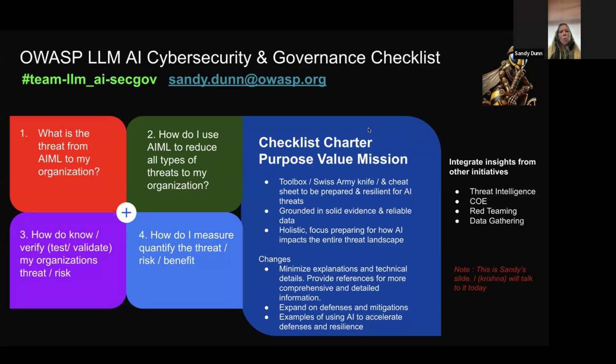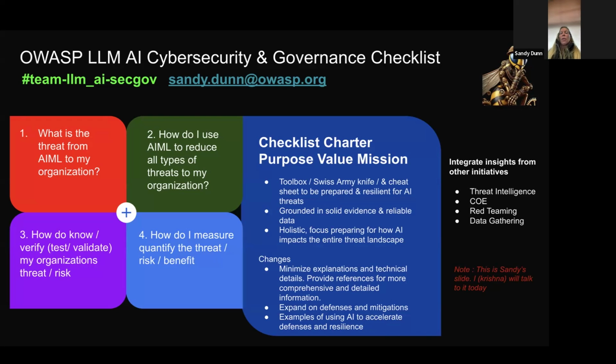Okay. So really, just focusing on these 4 questions in the checklist. What I'm trying to do is there's a lot of documentation out there that tells you what you should be doing, but they don't tell you how you should be doing it. What does good look like? What is the actual threat? How do I benefit from using the artificial intelligence, machine learning tools that are out there? How do I know how to test? What does good look like? What does bad look like?